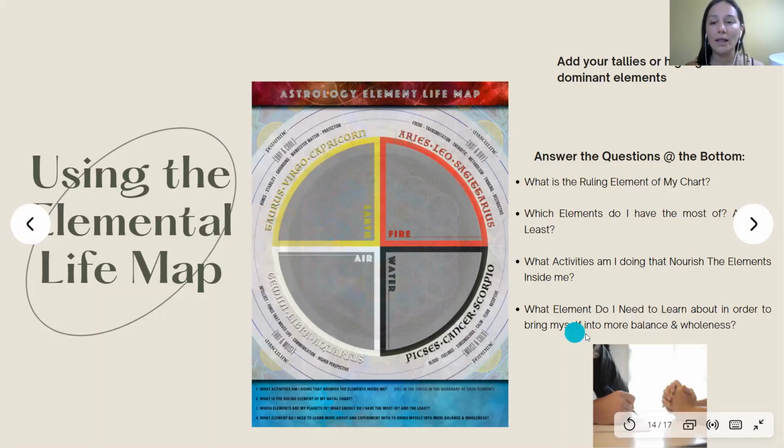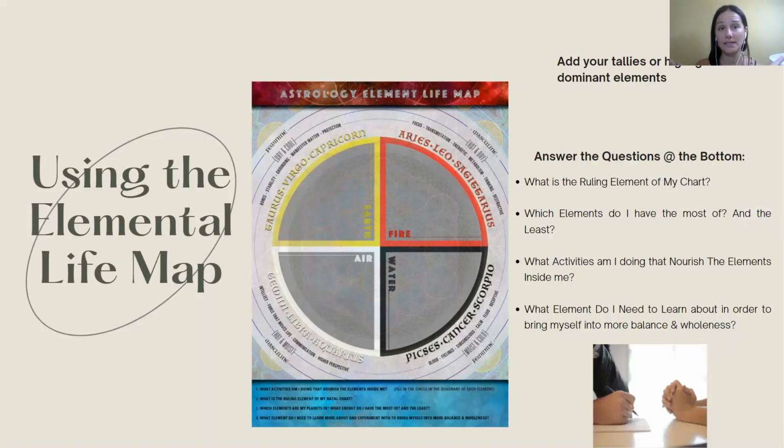You'll know what element you need to learn about in order to bring yourself into more balance and wholeness when you look at your chart. Wherever you see Saturn or Mars, those are usually big teachers. So where's your Mars? Is it in Virgo? Then you go, I need to learn more about this earth stuff, like grounding, manifestation, protecting myself, stability. I need to figure that out because my soul came here to learn those things. So that's what I meant about the planets being our teachers. This is our learning template.